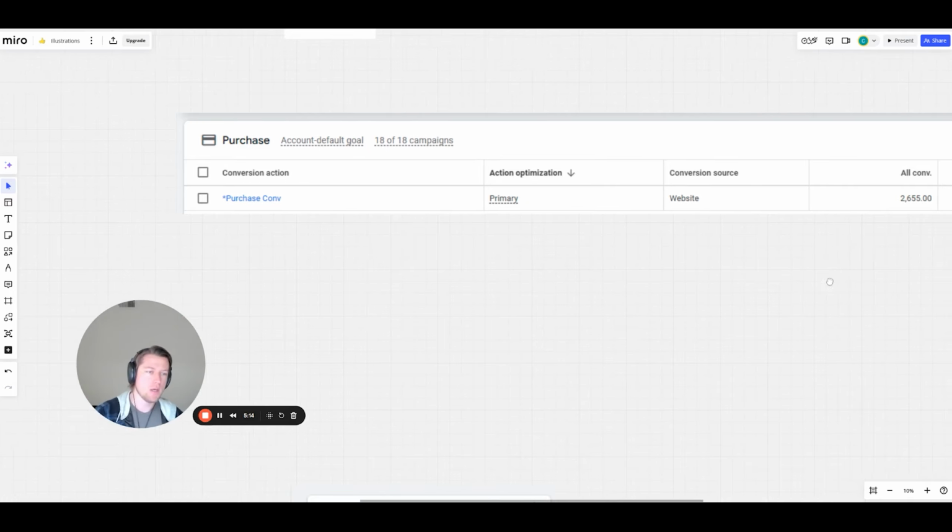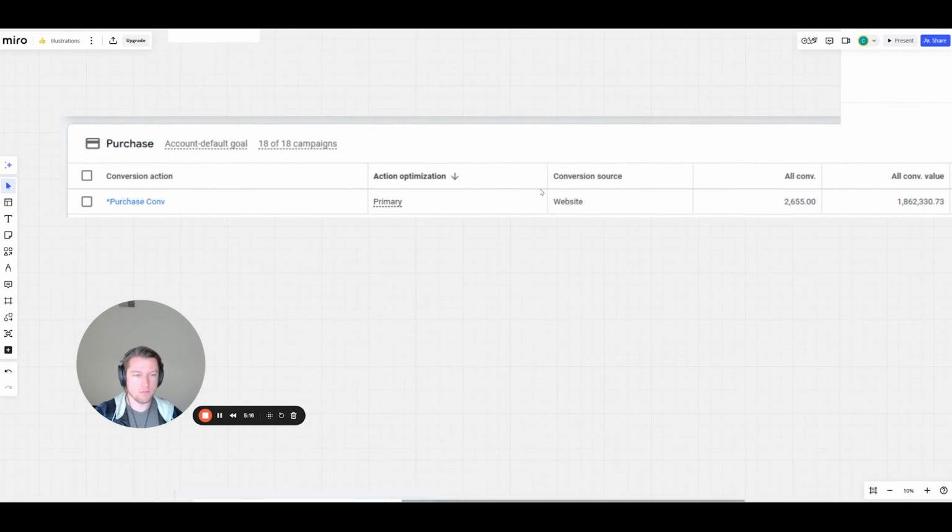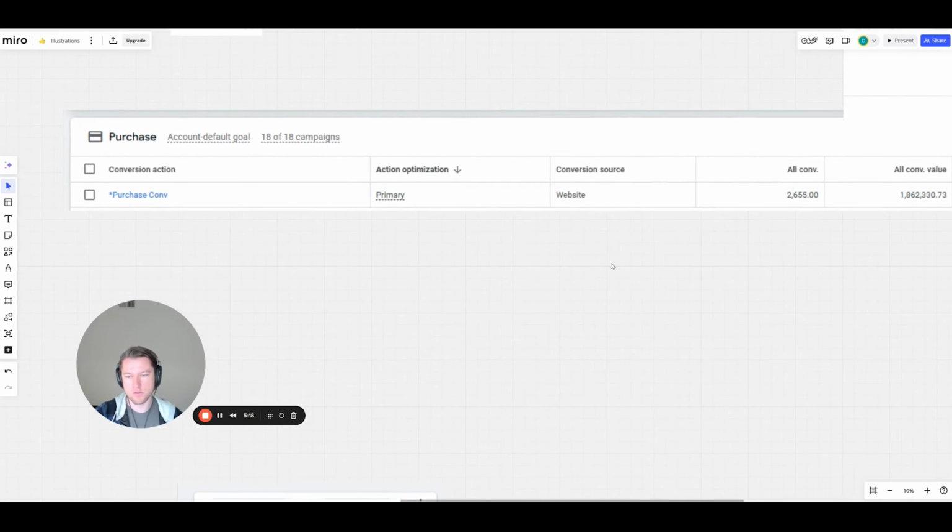overlapping with one another. We also look at the conversion source. So typically in the conversion source, you want to look at the general, if it's a Google hosted event, then you can't change that. It might still be primary. That's okay. But if it's website or anything else like imported, and there are multiple ones set to primary, then you're probably duplicate counting. I would take that in a position of, okay, let's fix this issue first before we move on to anything else, because these are, like I said, just the basics that should be taken